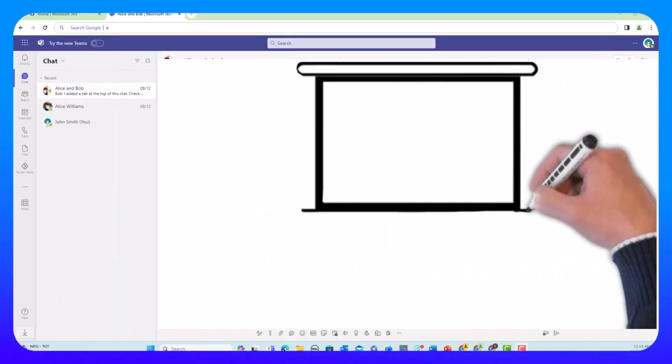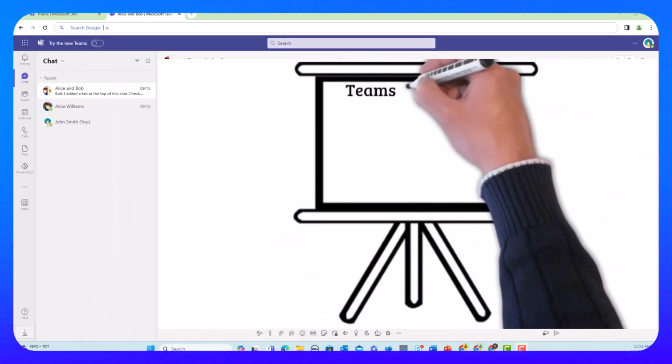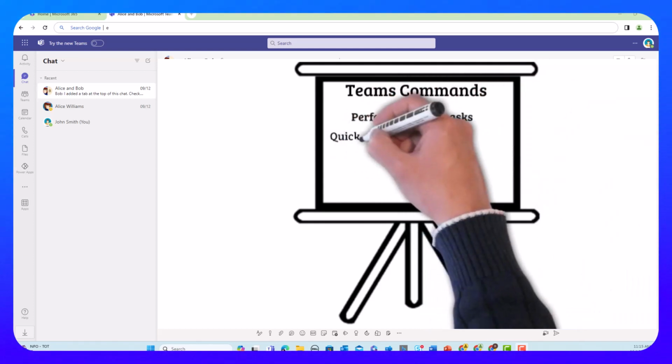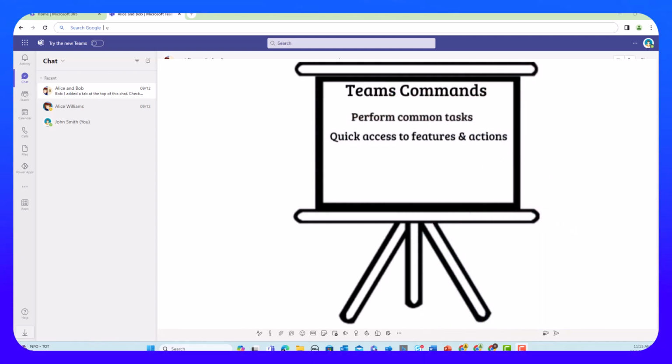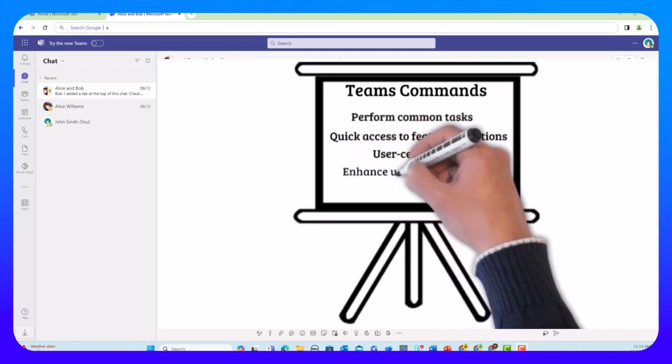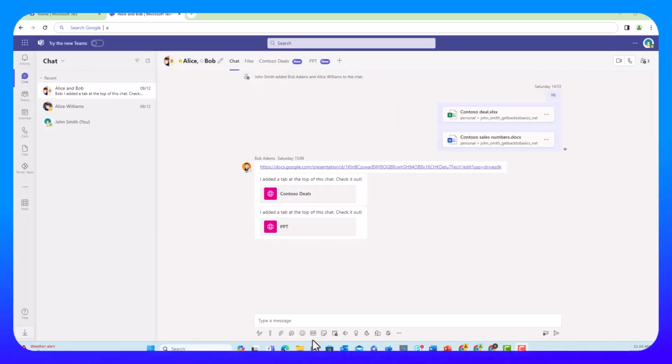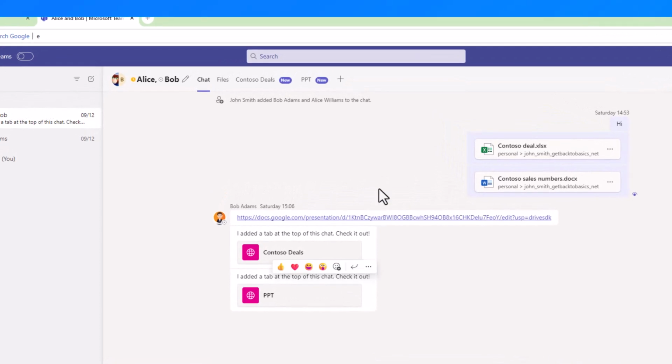Teams commands or in-app commands are shortcuts for performing common tasks in Teams. They are designed to provide quick access to certain features and actions directly from the chat interface. These commands are user-centric and are meant to enhance individual user experiences within the Teams client. And to get to the commands, go at the top to the search box, or call it the command box,